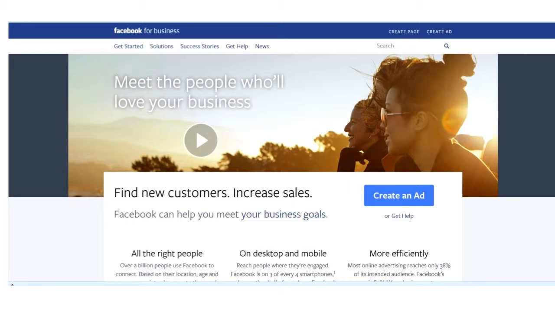Next to Getting Started, we have Solutions. You can get answers to questions there. There's Success Stories after that, where you can take a look at how other universities are using Facebook today, what types of things work and what don't. After that is the Get Help section. Right here is really nice because you can go and visit the Help Center. There's a forum, so you can go ahead and pose questions and have actual people from other universities answer them for you. You may have something really specific and unique to your university, and hopefully you can get your questions